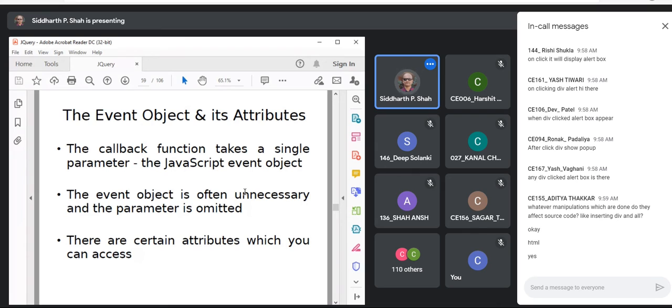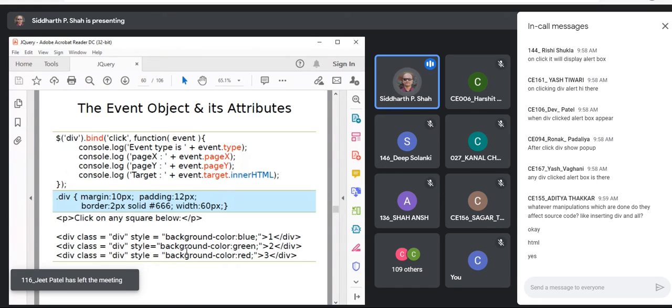Sometimes you don't want to use that. In JavaScript it is allowed, right? If any method takes a parameter and you don't pass any parameter, that is fine. Even if you don't pass any parameter, it's okay. But if you want to use the event which is generated, then you need to pass it to the function. And there are certain attributes that we can see here. Now in function(event), I'm just going to display some information regarding that event. There is the type of the event, event.pageX, event.pageY. What will this give you? What do you think?